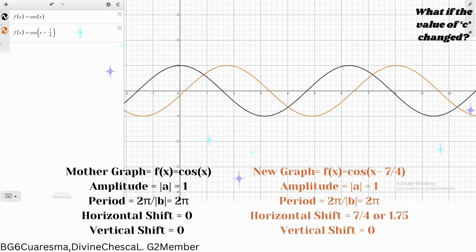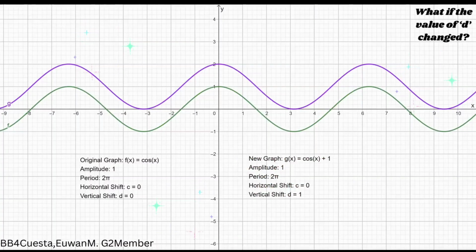To conclude, the amplitude of both graphs is equal to 1, the period of both graphs is equal to 2 pi, and there is no vertical shifting for both graphs. The only difference is the horizontal shift of 7 over 4 on the new graph. We will now go over changing the variable d in the equation